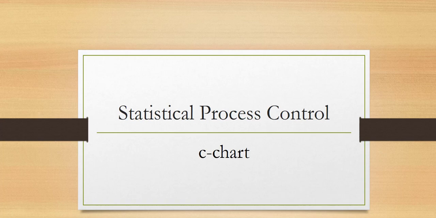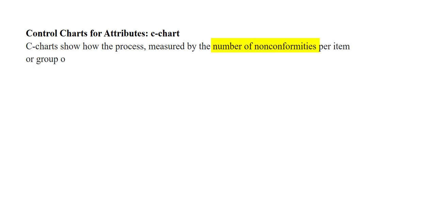Hi, in this video, I will be talking about statistical process control, the C chart. Control charts for attributes, the C chart. C charts show how the process measured by the number of non-conformities per item or group of items changes over